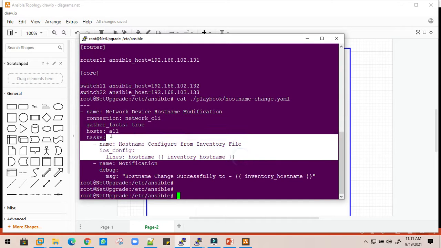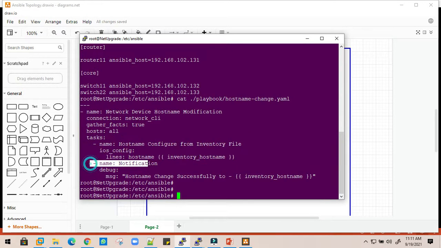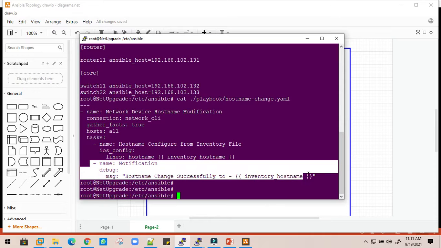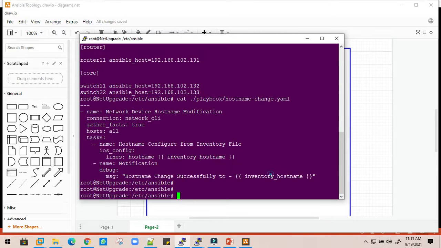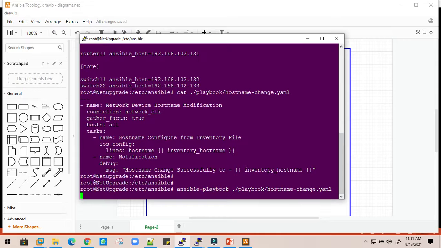Once it has executed this task, it will move to the next task and give us a notification message that the task has been successfully executed, along with the name of the device. So let's verify. ansible-playbook, and the path of the playbook is hostname.yaml, and done.